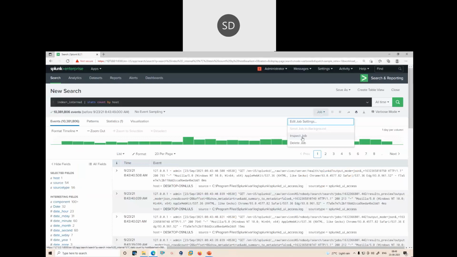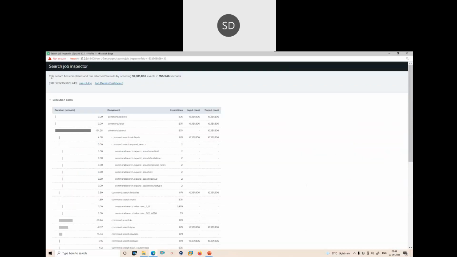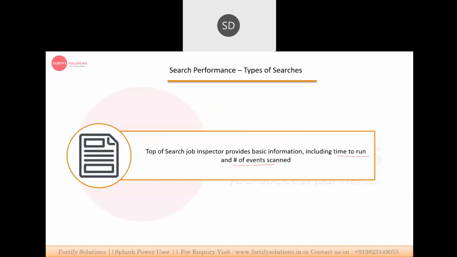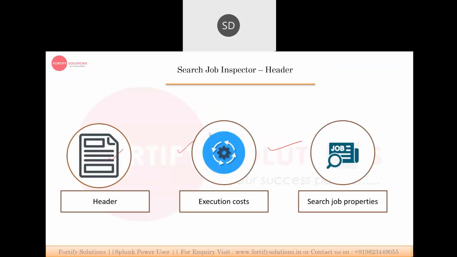Let's suppose I go and inspect the job. It was showing this. It's a header which will show which events resulted, how many results there are, which events we get, and how much time it took. If I go there, this was the execution costs and the search properties.